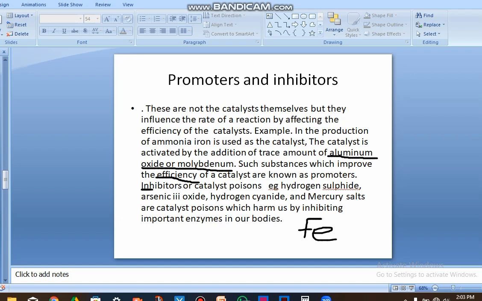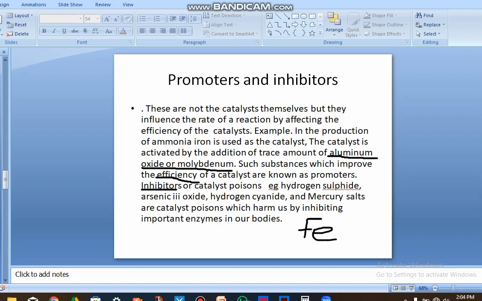Look at it. Inhibitors or catalyst poisons. You can either call it inhibitors or, another word for inhibitors, what? Catalyst poisons. So look at it, these are catalyst poisons or inhibitors. I get it. So look at examples of inhibitors or catalyst poisons. We have hydrogen sulfide, arsenic trioxide, hydrogen cyanide, and mercury salts are catalyst poisons which harm us by inhibiting important